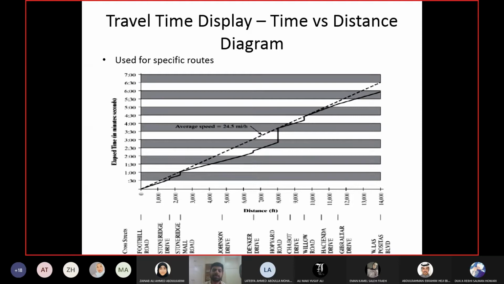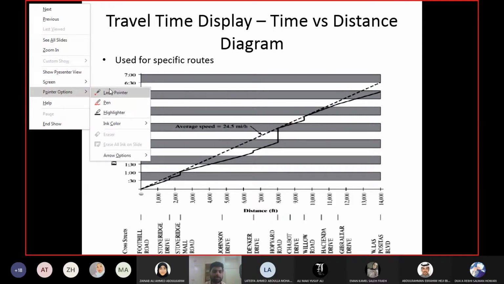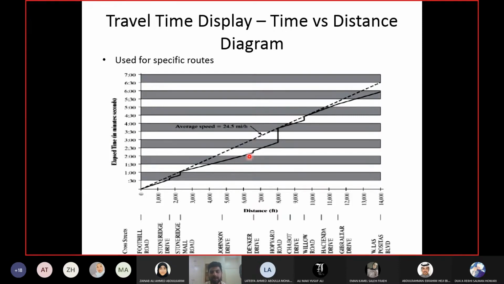Now you can see at some locations the movement line is going vertical. I'm talking about this one. Obviously the average speed is a single straight line, but I'm talking about the line which is representing the movement of the vehicle. You see, this portion is straight, meaning it's going vertical. That means time is passing, but distance is not covered. So this portion of the line is showing you the stop delay. So how much was the stop delay from this point to this point?